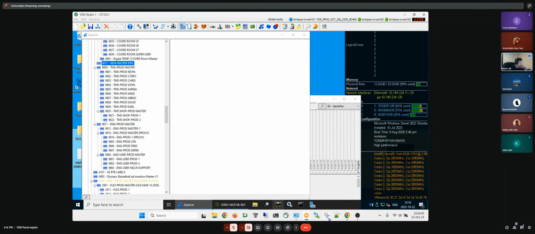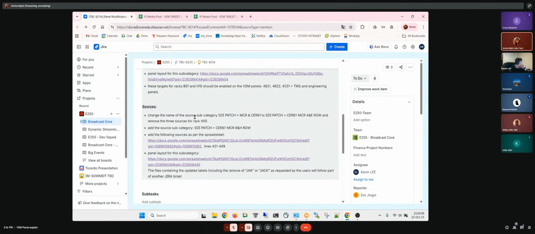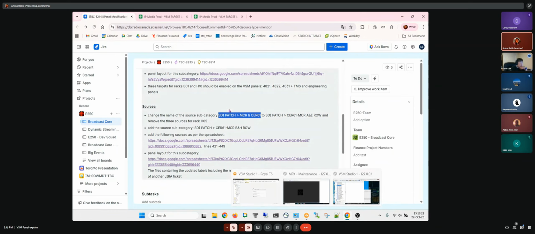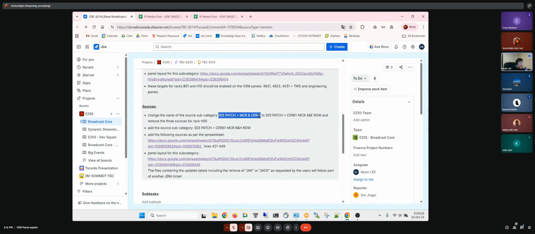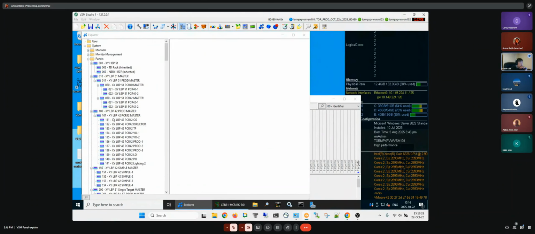Okay. So what is the next item? Sources: change a name, and get rid of some sources. Okay. So what is it? Change the name of source subcategory. This one. Okay, let's go to